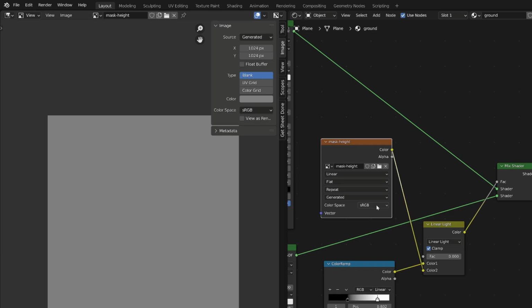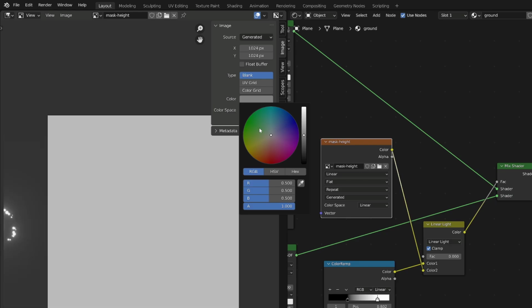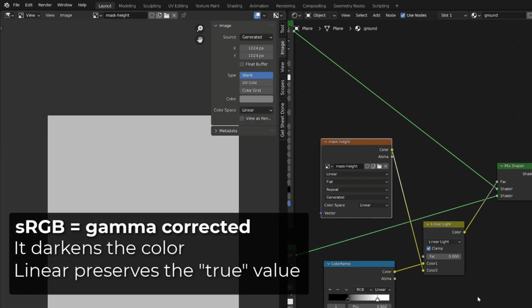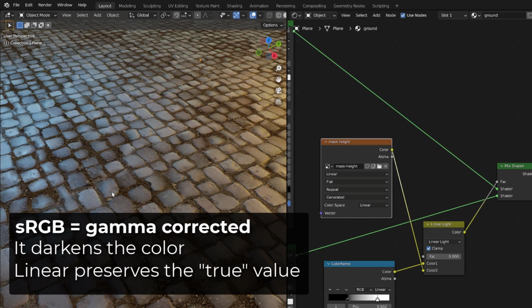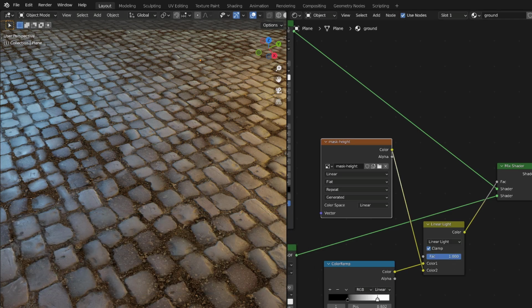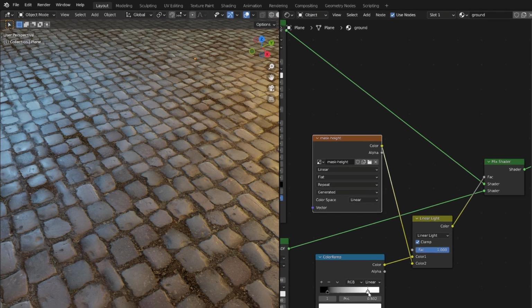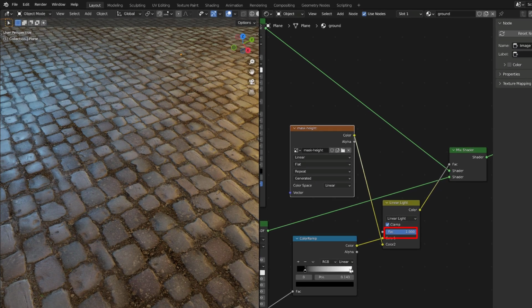By default, the color space of a picture is set to sRGB. We want it to be linear, so that our color doesn't get gamma corrected and thus our value modified. You can see the gray turned to a lighter color, but the values are still the same. With this setup, if I switch back to the 3D view and I modify the factor, you can see there is no influence, because the linear light mode, in a way, will ignore mid-gray tones. I set the factor to 1 so that we can see the influence of what we are going to paint.